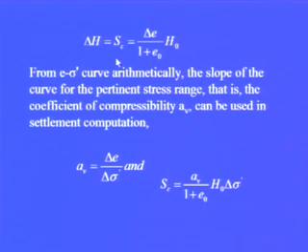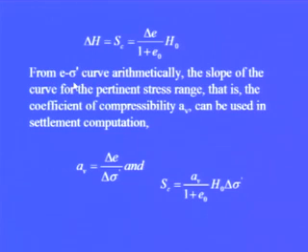So, this delta H is nothing but the consolidation settlement of the layer, and it is given by delta e upon 1 plus e0 into H0, where H0 is the thickness of the compressible layer and e0 is the initial void ratio. This delta e can be determined if we read values of void ratio at sigma 0 dash effective stress and at sigma 0 plus delta sigma dash, and whatever is the difference we substitute here, and then we calculate the consolidation settlement.